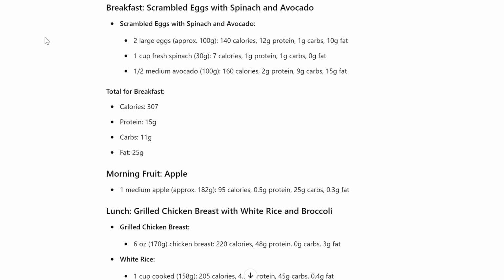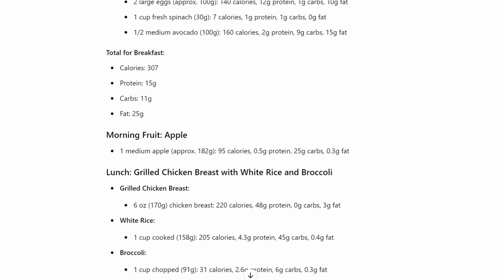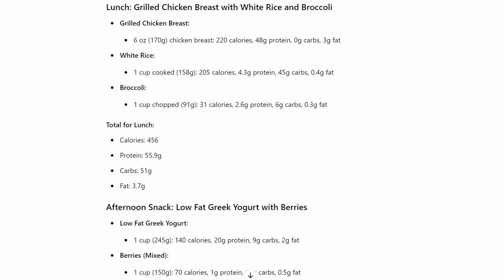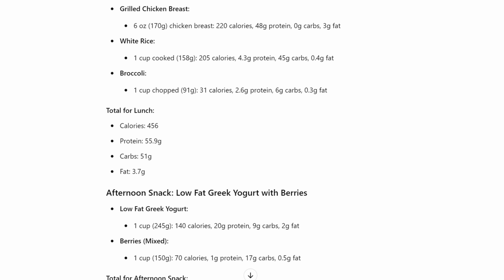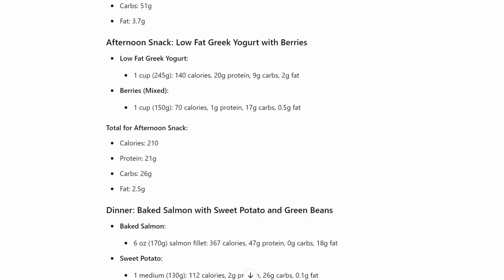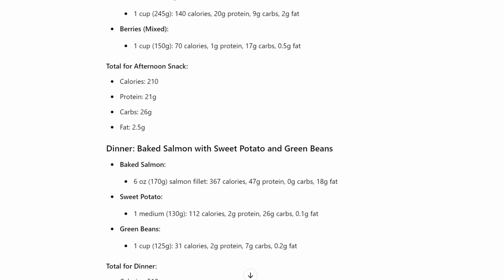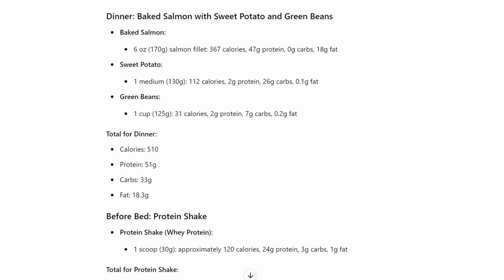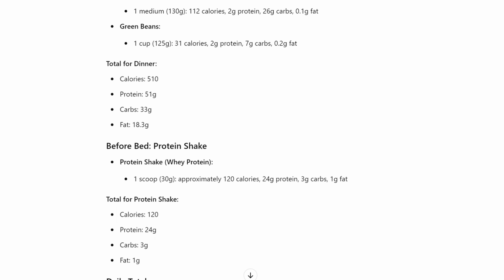Let's go through the meal plan and dig a bit more. You can see each meal has quantities, the number of calories, and also the macro breakdown as we requested from ChatGPT. Let's come to the bottom and see what's the total number of calories and the protein intake.